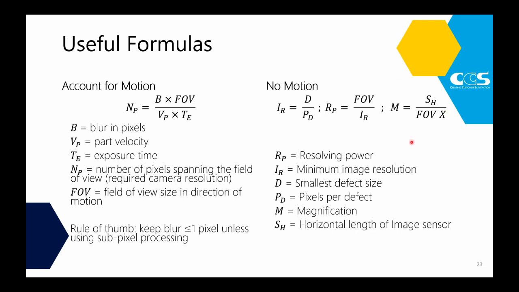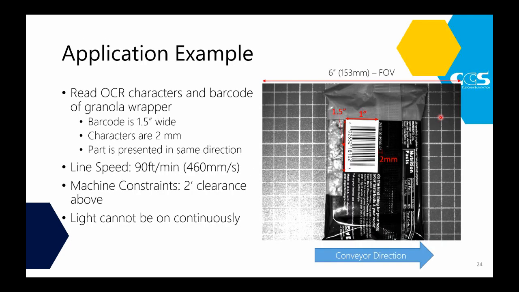Again, same formula as before. You can calculate your magnification by dividing the horizontal length of the image sensor by the field of view in the x direction. So an example to make it a little bit easier of what I'm explaining, we